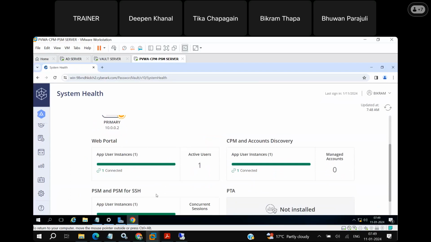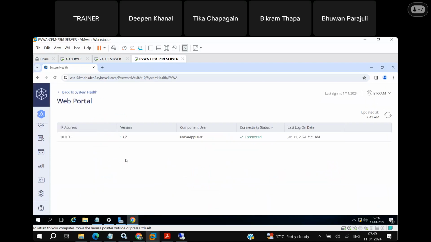Which component in CyberArk? PVWA, right? Yes, it's PVWA. PVWA 1 connected, 1 active user. Let me click on this app user instance. So once we click on that, we can see